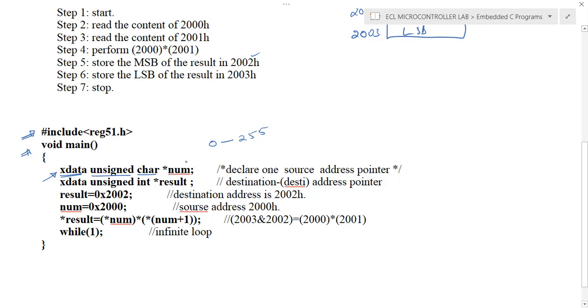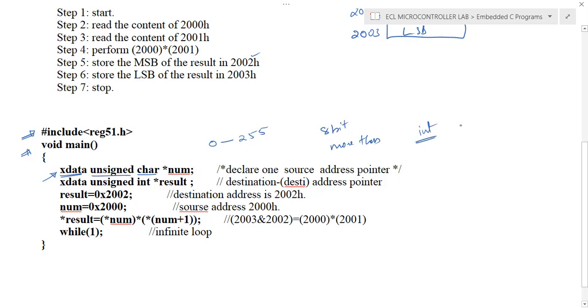And we'll declare a pointer variable num. To store the data, we already identified that if you multiply two 8-bit values, the result will be more than 8 bits. So we cannot use the unsigned char data type. We need to use another type, that is int.